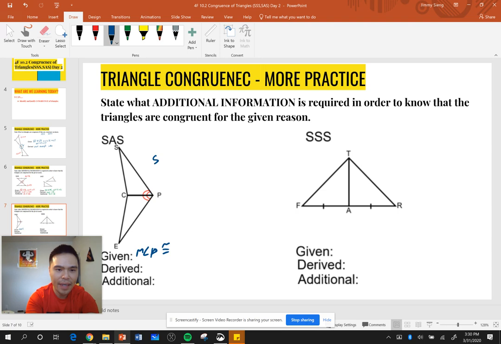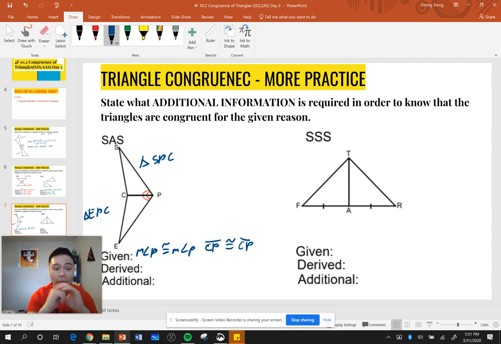Because this one is going to be SPC, and this other one is going to be EPC, okay? So those are the same. And what else do you see here? If you're noticing that CP is part of both triangles, then you're absolutely correct with that, okay? I also know CP is congruent to CP as well,